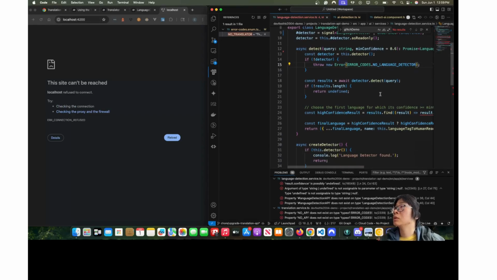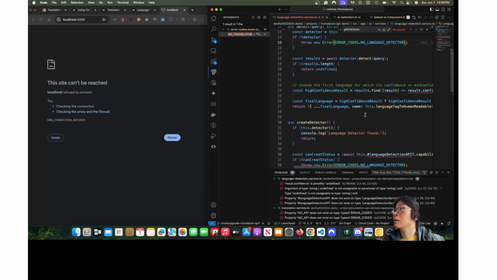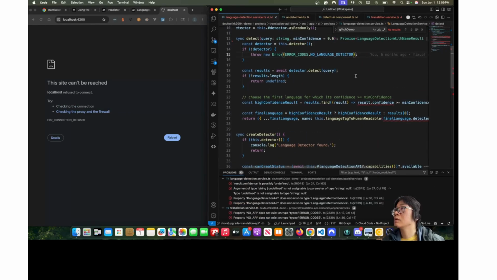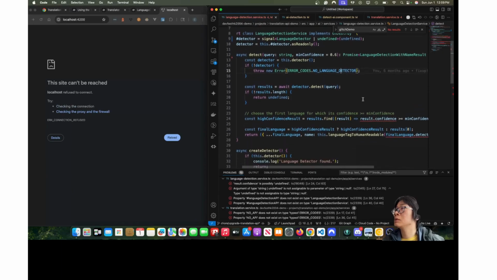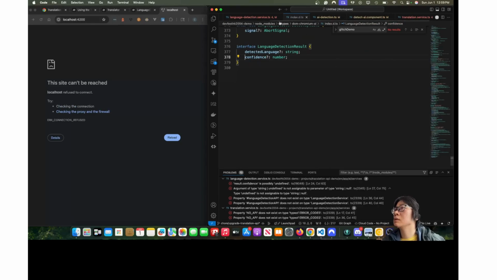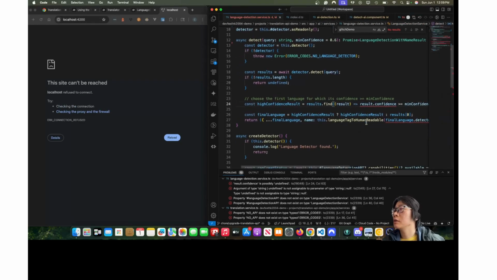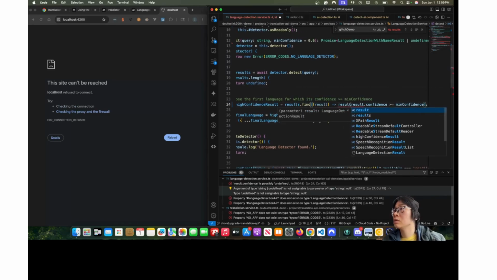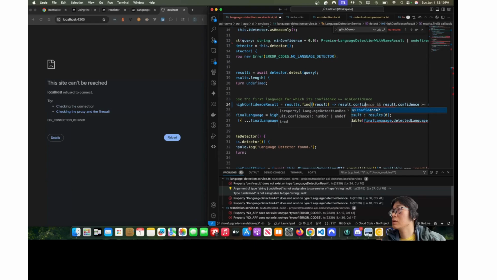Then use the detect method to detect the language of the text. If no result, return undefined. Okay. Choose the first language. The confidence is at least 0.6. Okay. Confidence is optional. Okay, fine. How am I going to do this? Okay, maybe result, confidence, and